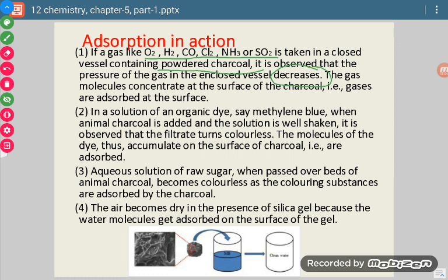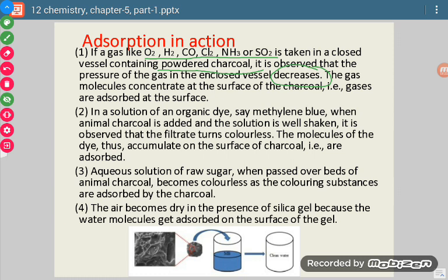We took the same amount of gas but we added a particular substance called charcoal. So why was the pressure of the gas less? Because charcoal has the capacity to adsorb gases on its surface. So these gases got adsorbed at the surface of charcoal, and because of that molecules were not able to strike the walls of the container, and so the pressure we experienced was less. Okay, so this is because of adsorption.